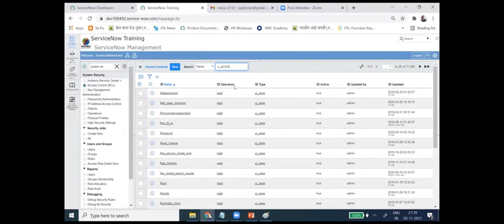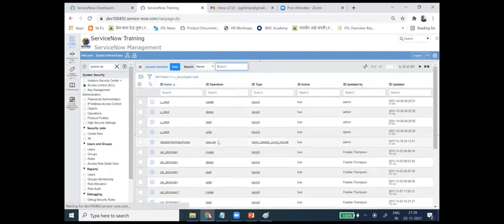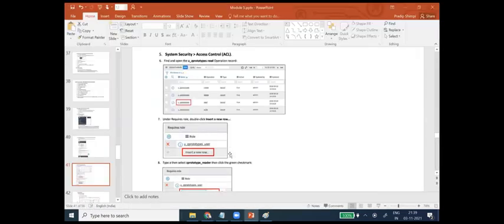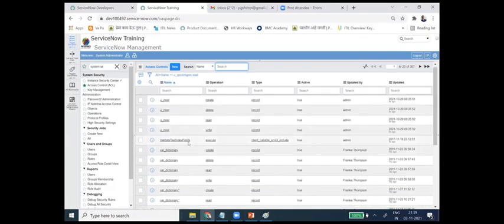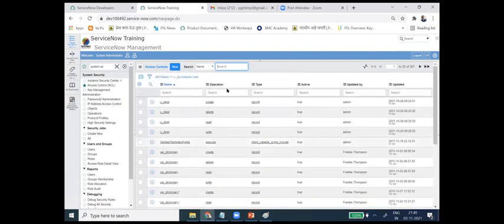Z prototypes read. U_Z prototypes. Why is it not visible here? U_Z. It is showing only this one here, but